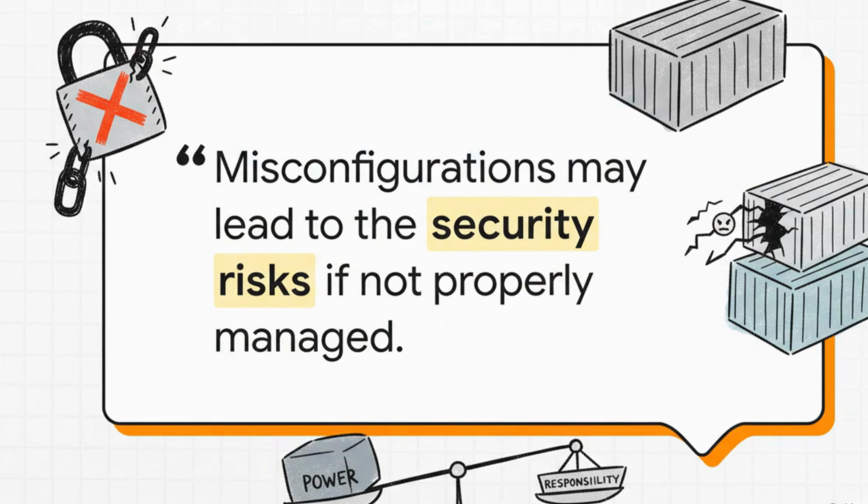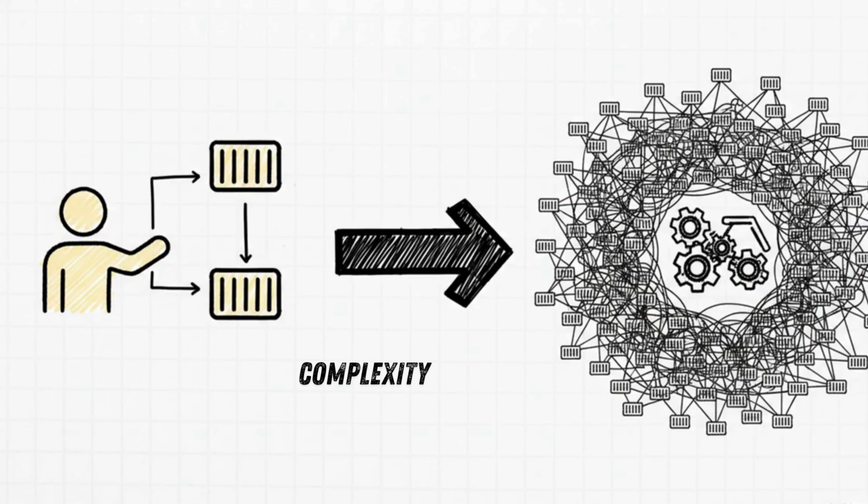And what about security? Remember how we said isolation is a big plus? Well, it's not a magic shield. As this quote points out, a simple mistake, like giving a container way more permissions than it needs, can open up some scary security holes. The bottom line is, Docker is a powerful tool, and with that power comes the responsibility to really know what you're doing. And finally, scale.